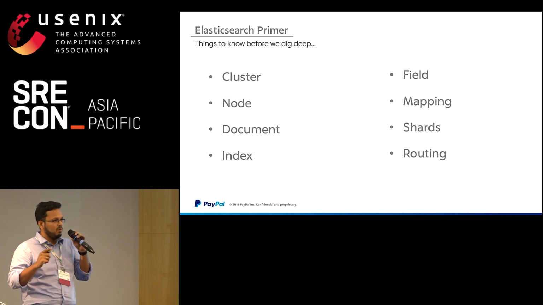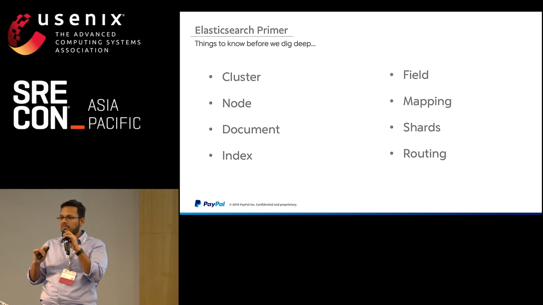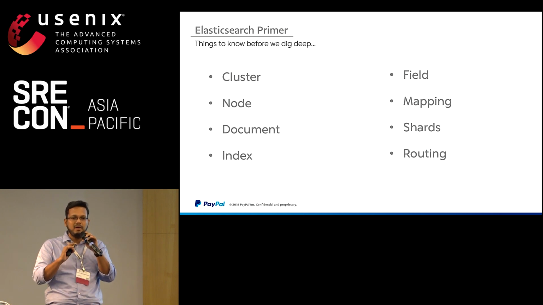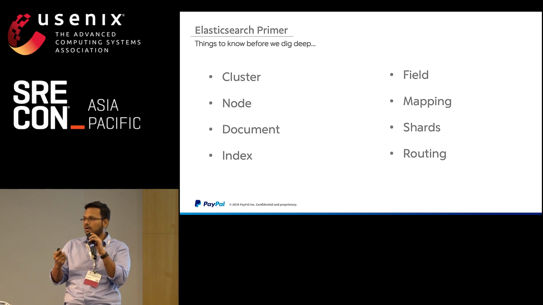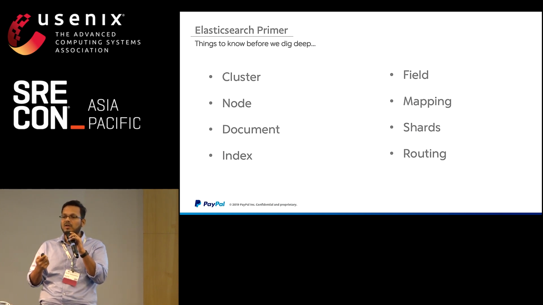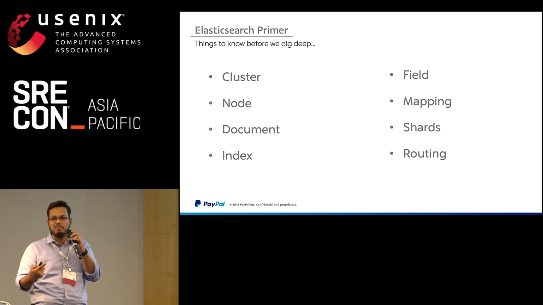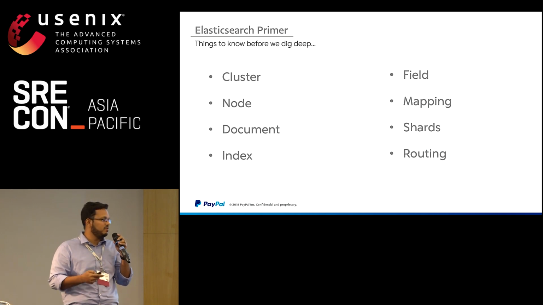And Elasticsearch, before we talk about scale, supports an exhaustive set of configurations that you can tweak. One of the complexities of operating and managing Elasticsearch at scale is to make sure you understand all the trade-offs. There are multiple parameters that you can tune, and there's no right or wrong way to tune a particular parameter. The way you do that is basically dependent on the kind of use case that you have. So routing is a classic example of that, right? You can either let Elastic do its thing, but when you're working at scale, sometimes it might not be the expected behavior. So you might want to understand the use case and then determine your trade-offs based on that.